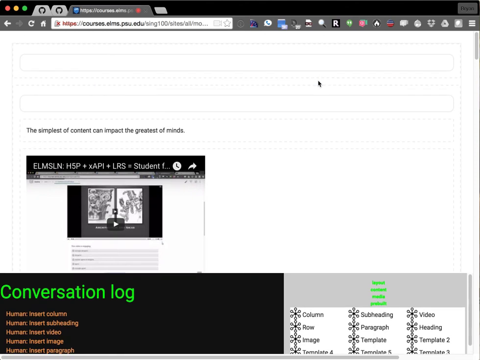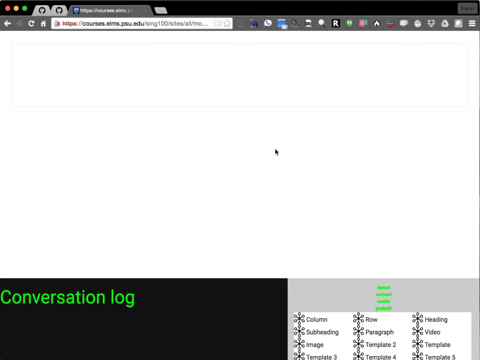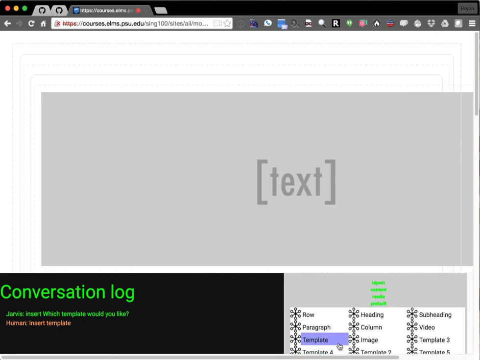And then the last part, which doesn't work yet, but you can see the direction we want to go with it. Insert template. Insert template. Which template would you like? Yeah, see, anything that would need additional input, right? We've got 5 things named template. We would then be listening for, maybe, present these templates as an option. And then again, in the end, have like a save button or insert in my content or whatever, that could do an iframe